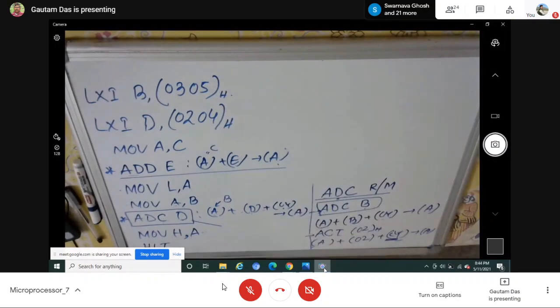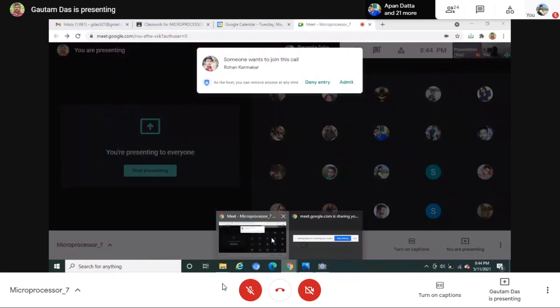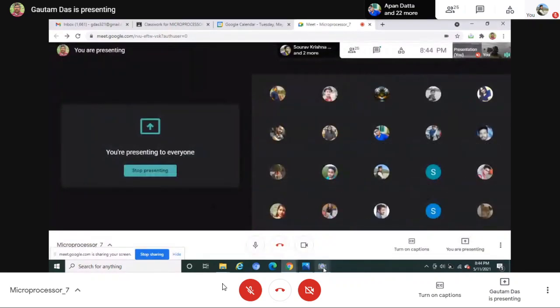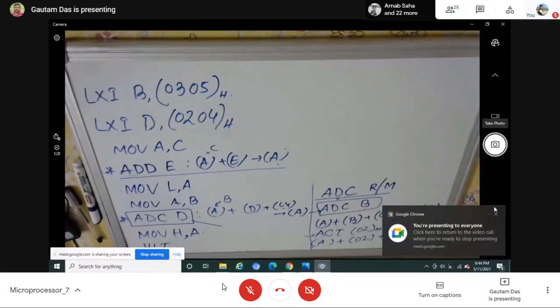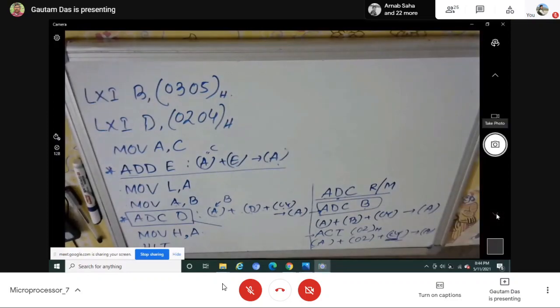So only one additional instruction I will explain today. Whatever we do with this entire program, we are adding 16-bit data by performing addition twice. But in the 8085 processor, there is a single instruction available by which you can perform addition of two 16-bit data. Like ADD, there is an instruction by which you don't have to write such a long program to add two 16-bit data. Using a single instruction only, you can perform addition of two 16-bit data.